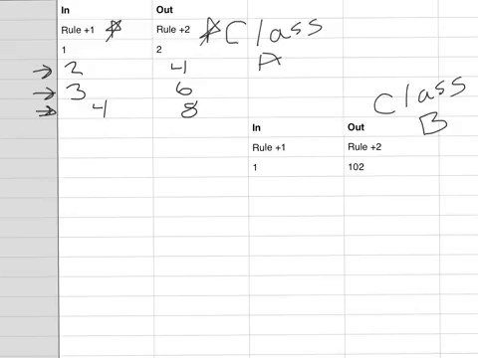So whatever that rule is, they're always going to give you at least one number in both the in and the out category, and then based upon that you just keep following that rule and adding more, multiplying more, dividing more, subtracting more. So here's a second example, and this one we're looking at a Class B,